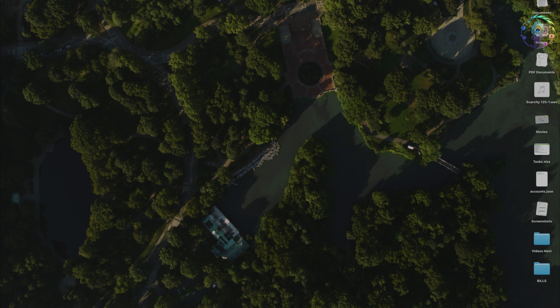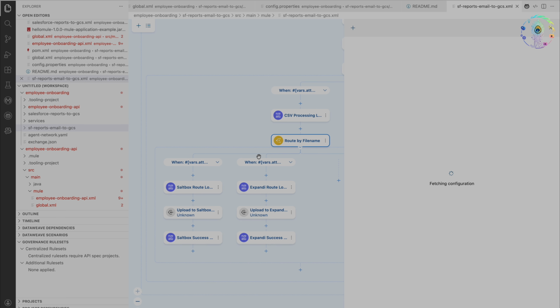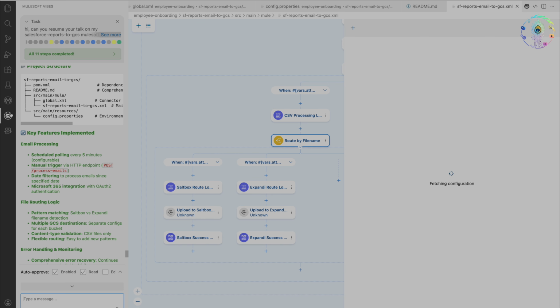What I have done is I have my Anypoint Code Builder, which is on top of VS Code. I have come here and opened the MuleSoft Dev Agent. Make sure you have this setup ready. To enable this MuleSoft Dev Agent, or MuleSoft Vibe, you would need to do a few configuration steps. You would need to first be a